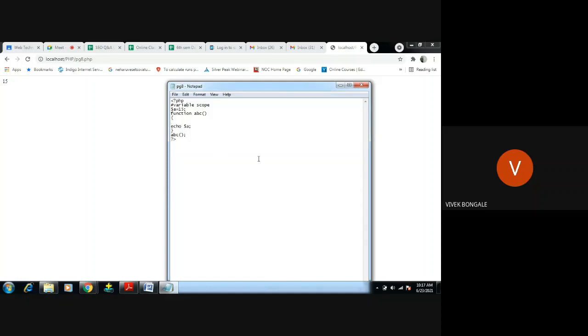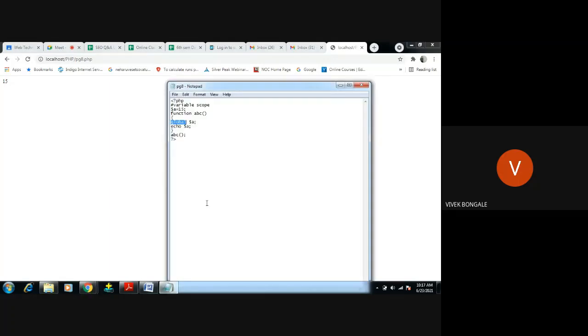How to do that? We have to use the global keyword. Global, followed by the variable $a: global $a. So what will this global do? It will access the variable which is not defined inside the function. So save, and I will refresh this page. You'll get the same result, 15.